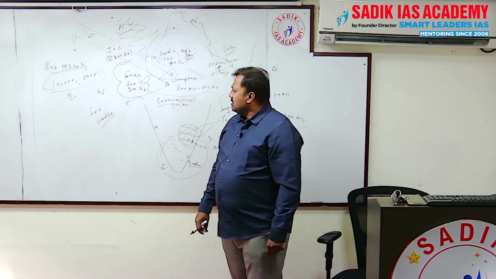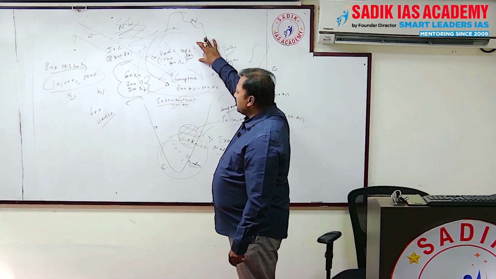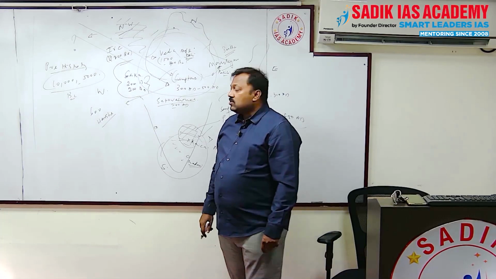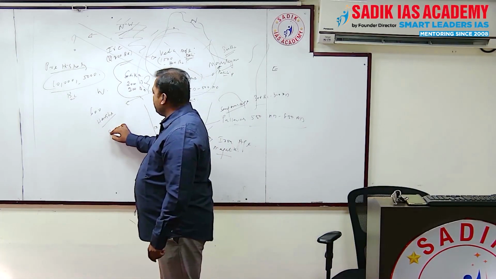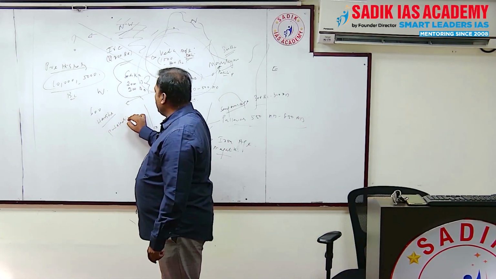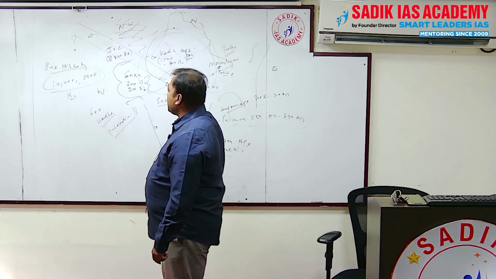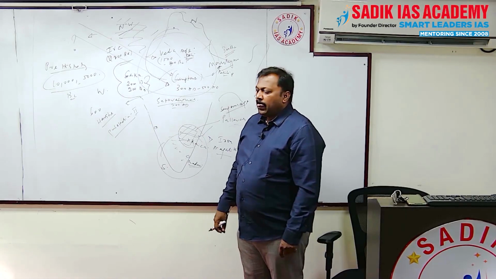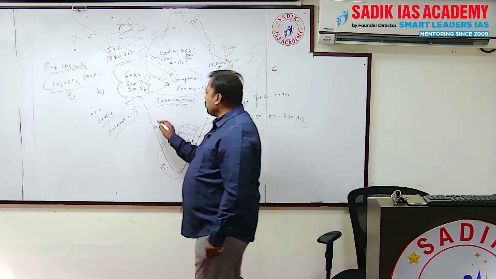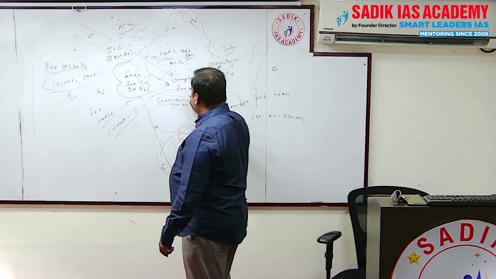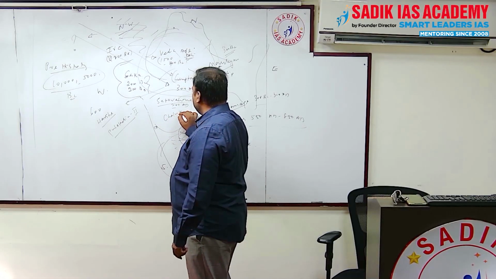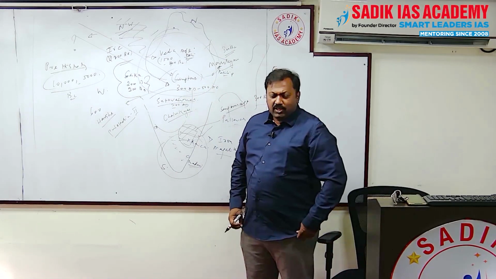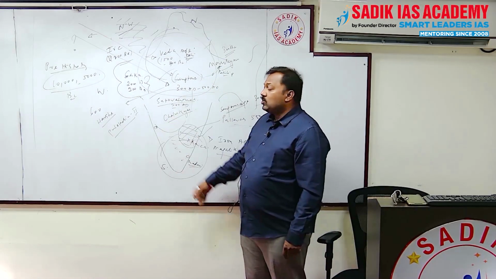You understand? Sir, when Harshavardhana was ruling in the northern part of India, who was ruling in the central part of India? A person who is called Pulikesi. Pulikesin II was ruling in the central part of India. He belongs to the Chalukya dynasty. In the central part of India, we have Chalukyas.